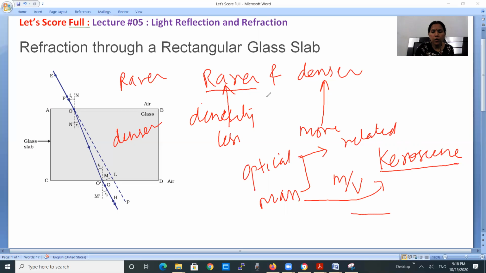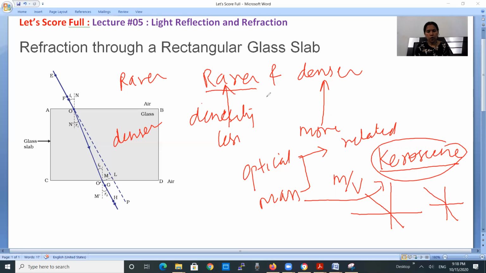If I allow light to pass from air to water, and then from air to kerosene, bending will be more in kerosene compared to water. So optical density for kerosene is more than water, which has less mass density. केरोसिन की जो डेंसिटी होती है वो वाटर से कम होती है, मास डेंसिटी, लेकिन ऑप्टिकल डेंसिटी ज्यादा होती है।